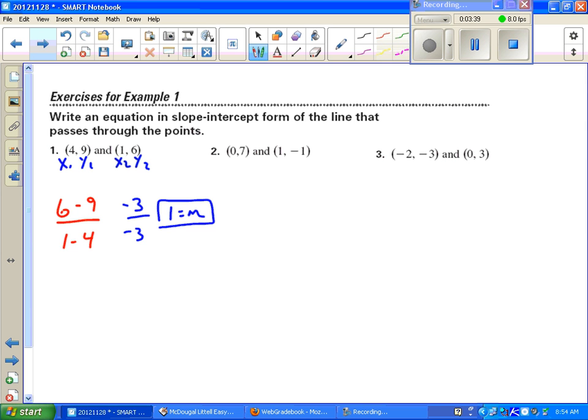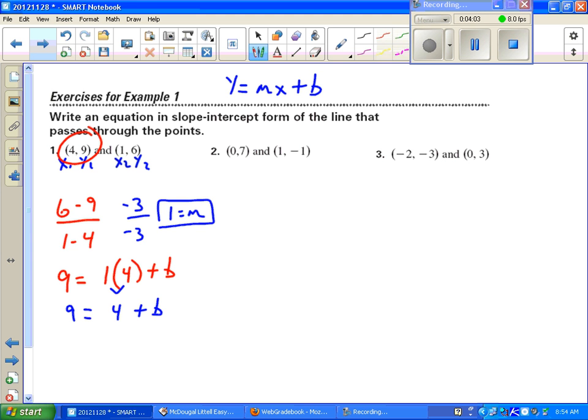You're plugging it into the slope-intercept form, which again is y equals mx plus b. Your y value goes first. It's 9 in that first point, 4, 9. So 9 equals the m value, which is 1 because it's m times the x value 4, plus b. b is the one we don't know. 4 times 1, or 1 times 4, is going to be 4 plus b